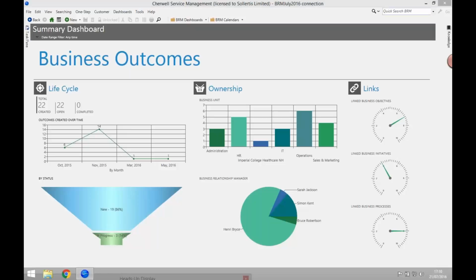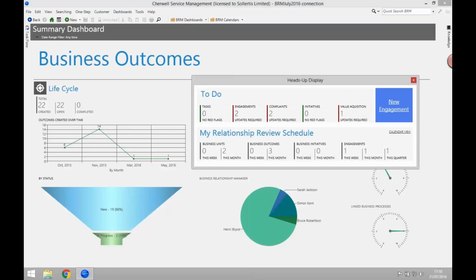up this, what's called the heads-up display. And this heads-up display tells me what activities I've got going on right now, within this context: my review schedule, my relationship review schedule, my to-do in terms of engagements that might need to be updated, complaints that I haven't looked at, bad me, there's flashing up red here, I need to get on and do some stuff here. So I need to keep an eye on all of this stuff, and I can do this at any